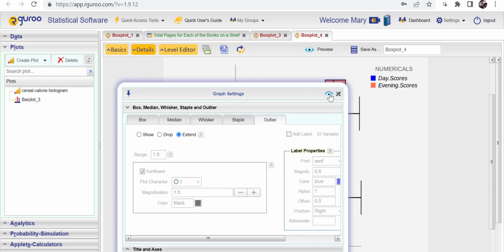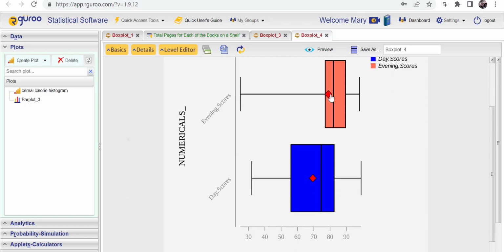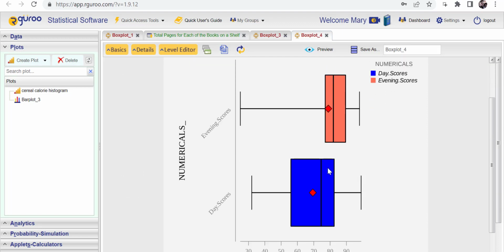And then I'm going to hit preview again, and it's going to take the outliers out. Okay, so you can see this comparison. You can try to see who did better. I personally think that the evening scores are better, because if you look